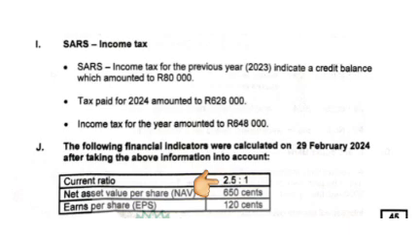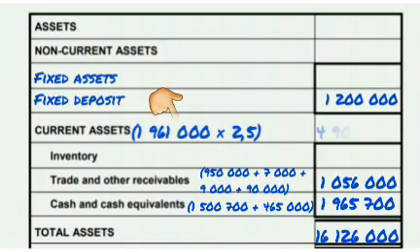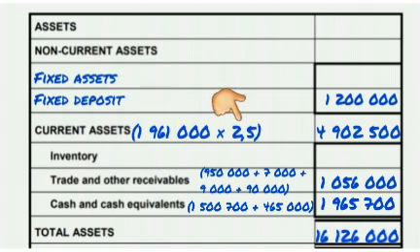So let me go back to my information and enter those two amounts. The first one being my current assets. My current assets, I took my current liabilities of 1,961,000 multiplied with the current ratio of 2.5 and it gives me